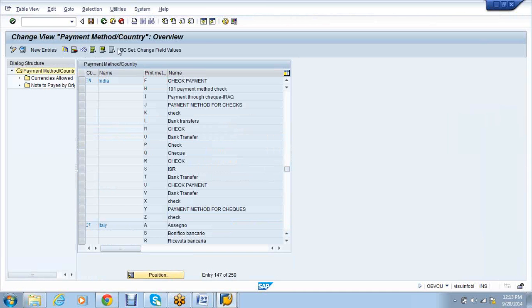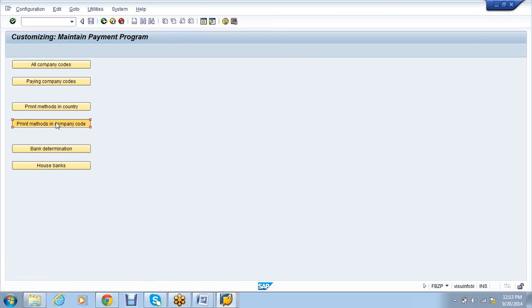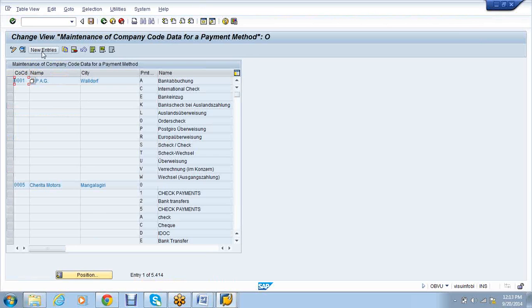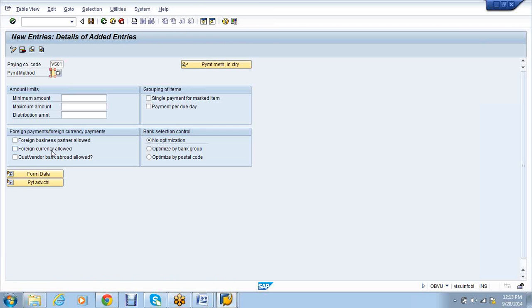Then payment method in company code. Now I'll define it in my company code: BA01, payment method F, minimum amount 50, maximum amount. I can give a new example. Okay. Now here,